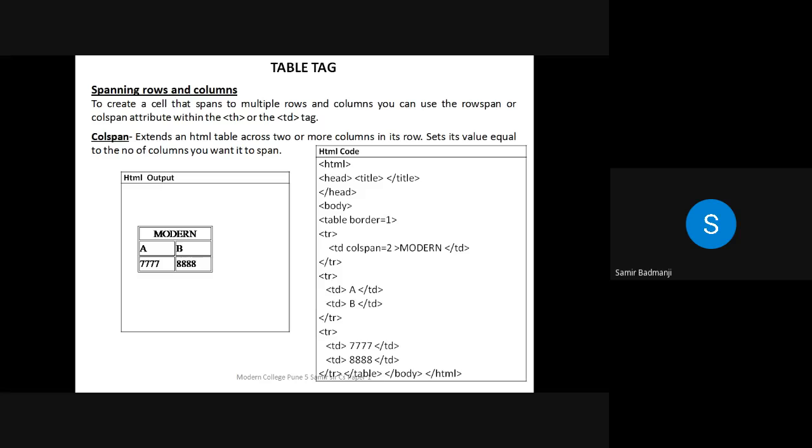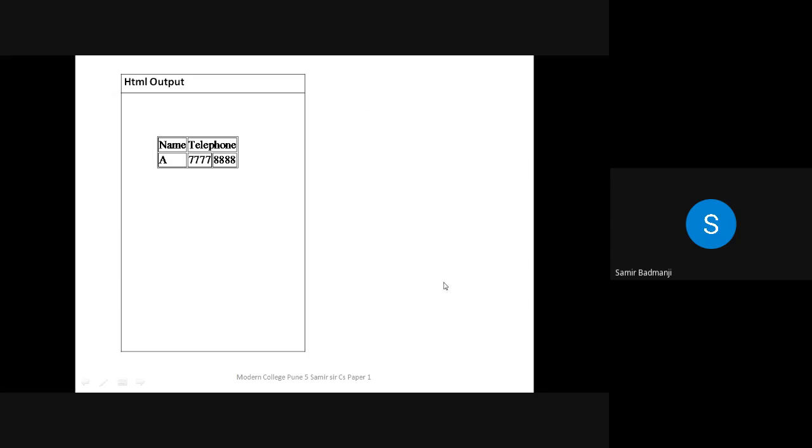Because these two attributes are very important, colspan and rowspan. Based upon this, the last question, number 5, is there, in which you get the solving for HTML for 5 marks. Now we will see one more example, then it will become clear to you. Now see here, how many rows are there? 2 rows. How many columns are there? In first row, 2 columns, and in second row, 3 columns.